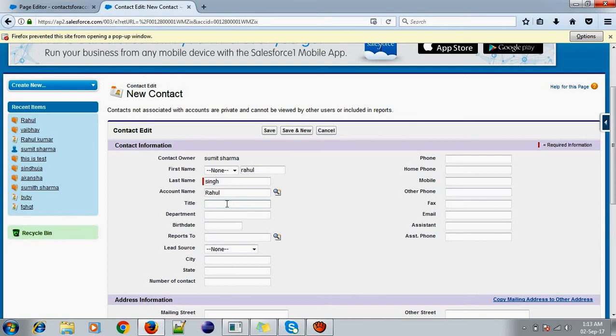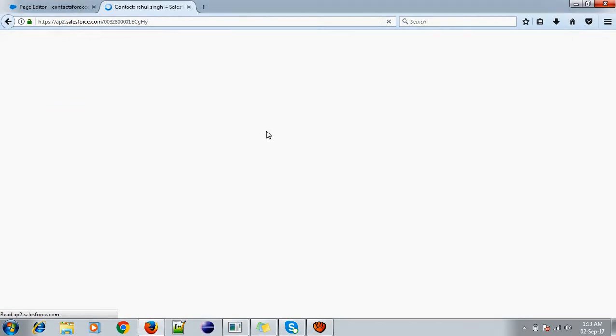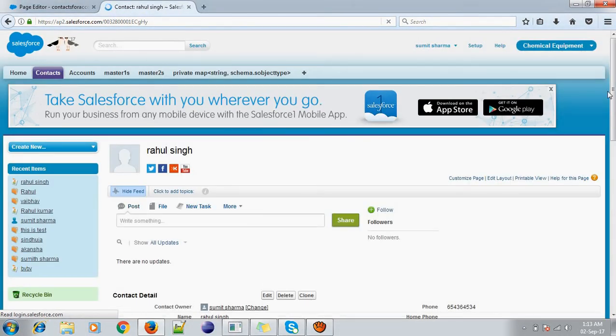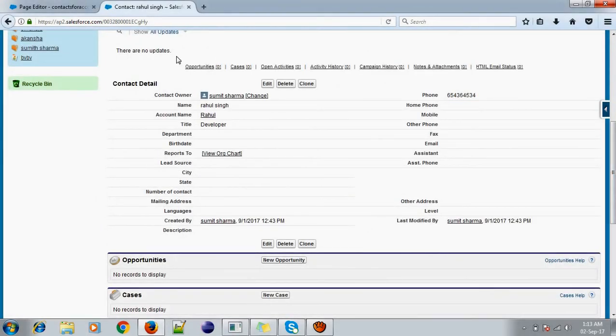And title is Developer. Phone is a value, and that's it. Save. So now these details got saved in the account. Which account? Rahul.